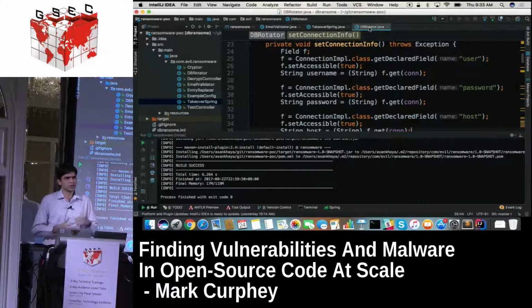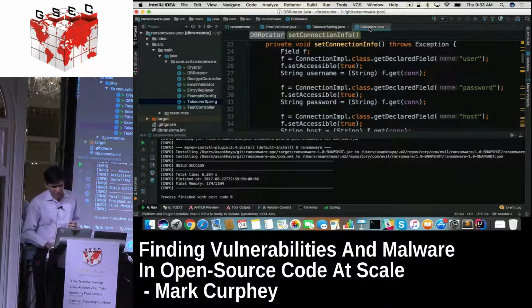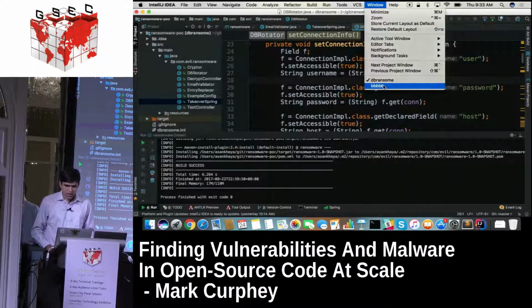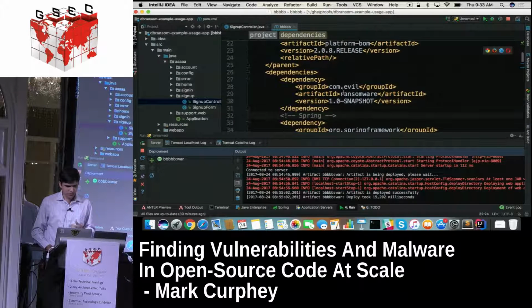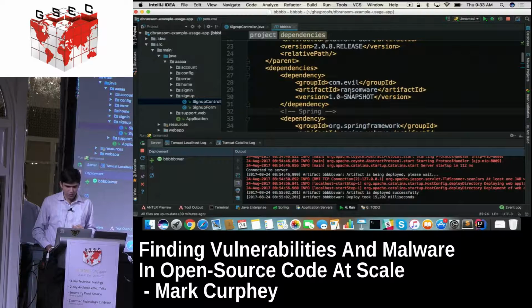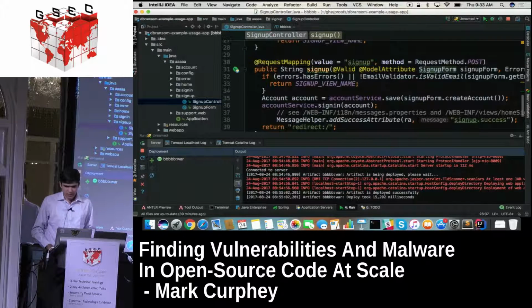Because it's running in a web application, you can just take all the views out and leave an HTML page with a ransom note, right? You want people to know where to send you money. So this is the library. Then we're using it in an application which is just a starter kit for a Spring MVC app. I just included this library, and it has a sign up thing, and I just called isValidEmail. Let me show you how it looks.